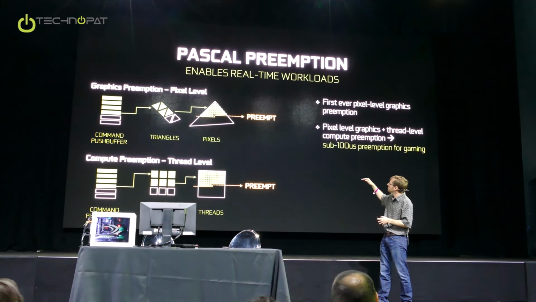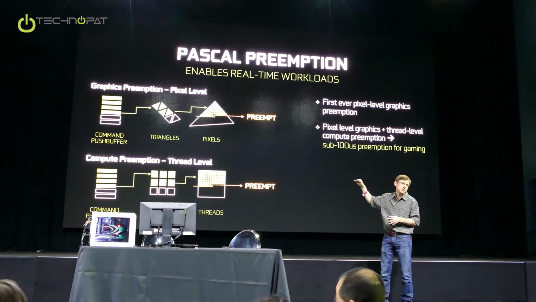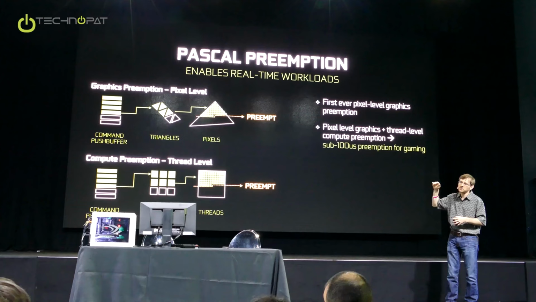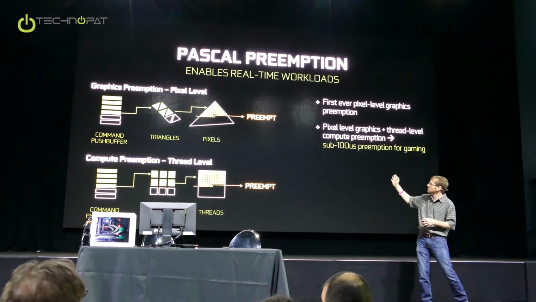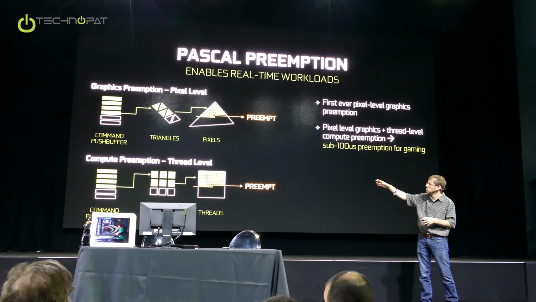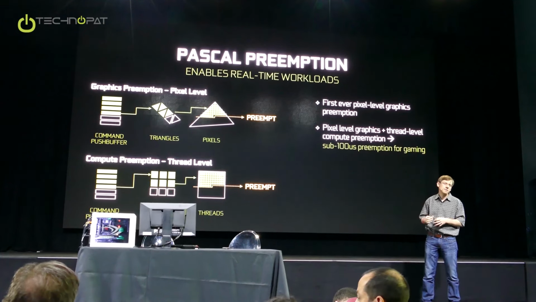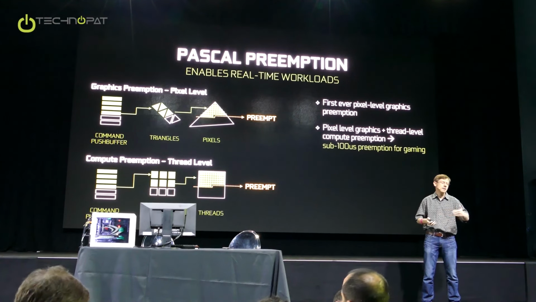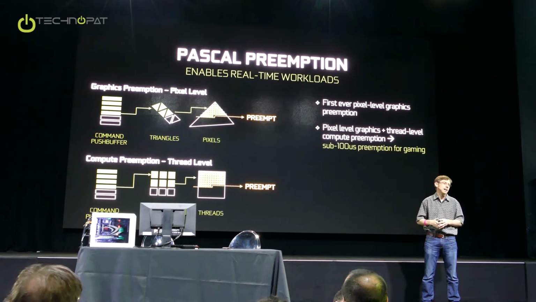Graphics GPUs couldn't stop at a pixel level and preempt until now. In previous generations, you would have to flush out at some point higher up. Let's say flush out your whole push buffer, flush out all your triangles in the design. For graphics, depending on what the workload looks like, you can have a not undesirably non-deterministic time to flush